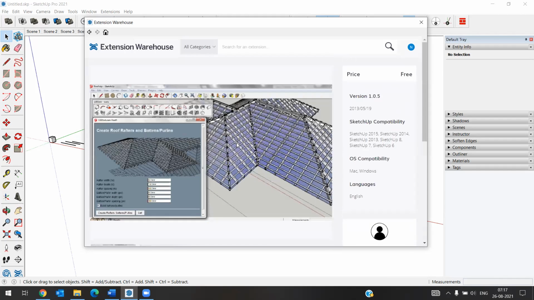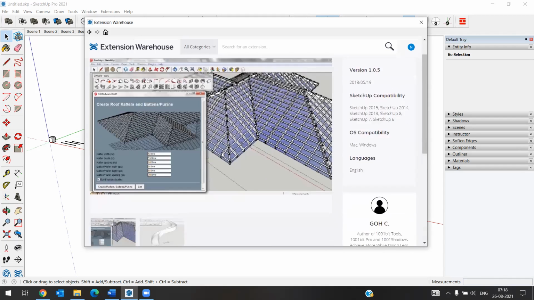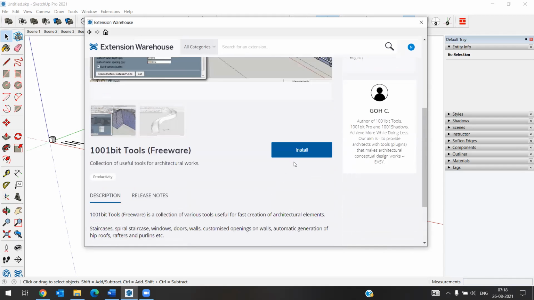Okay. With your mail ID you can sign into that. Then you will get install option. Okay, if you click on that, it will install it in your computer.